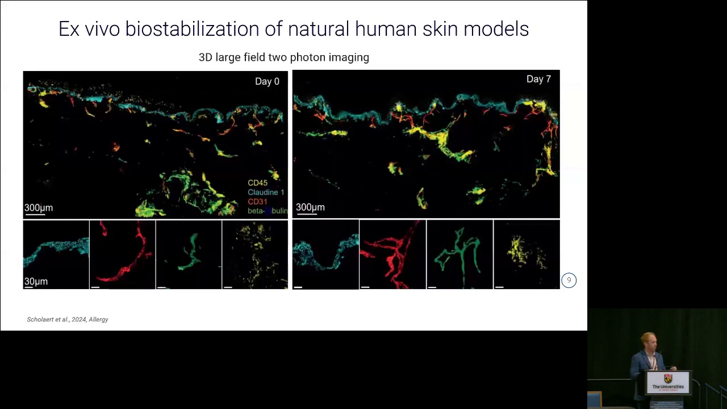Then if you analyze more at the structural level using large field 2-photon microscopy, what you will see is that in yellow are the immune cells, in blue is Claudin 1, important tight junctions of the epidermal layers, in red are the blood vessels, and in green are the nerve projections. Between day 0 and day 7, we don't see differences in the topography of the cells, and they are still there within the tissue. But it's not because we detect them within the tissue that it means they functionally maintain over the days. So we then switch to